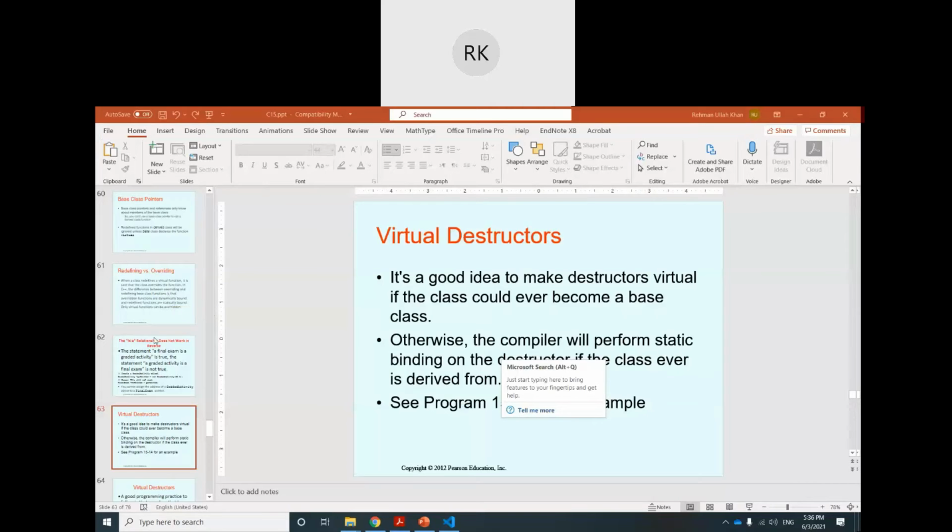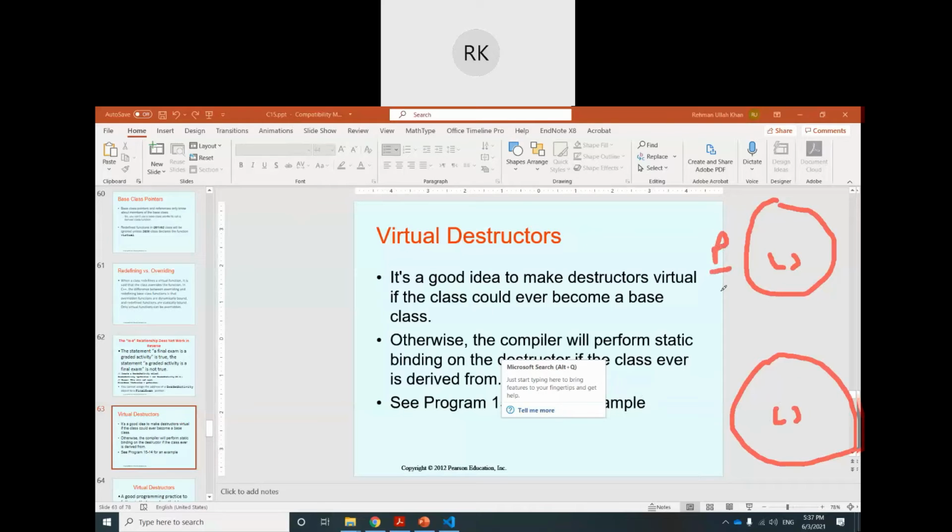If we use redefining, one function is here and we redefine the same function in the child class, then the decision is made during compile time. It is static binding, and during static binding it will every time call the parent class function. Why? Because of the static binding decision.